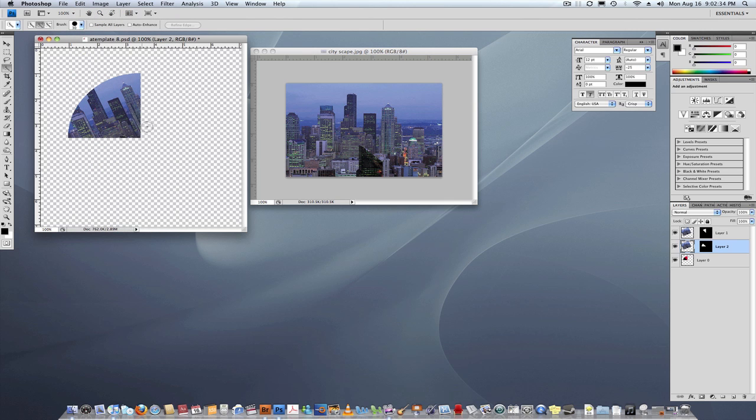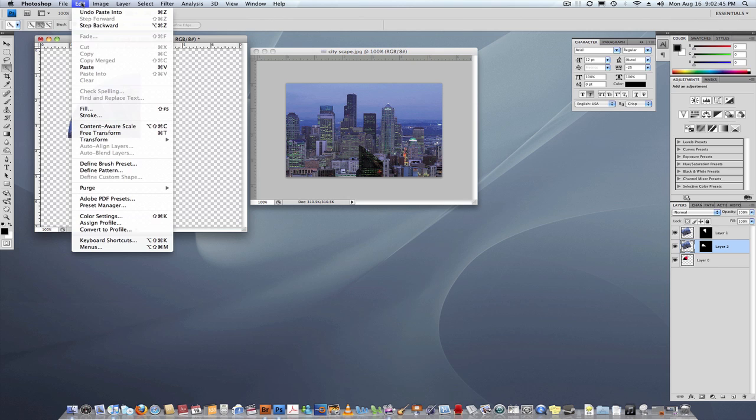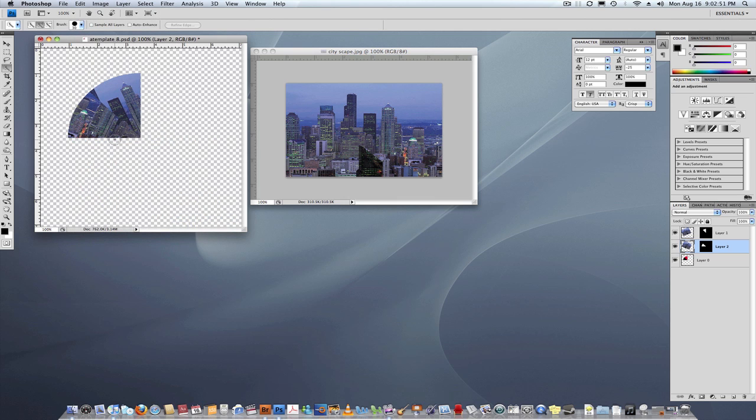So you need to make sure you select on the paste into section, and that will then paste that image into the black section as well. Now to get our pattern happening, what we need to do is edit and transform it. So we're going to transform it, and we're going to flip it horizontally. And when we flip it horizontally, you'll see that we've actually flipped the image, and we're starting to see a